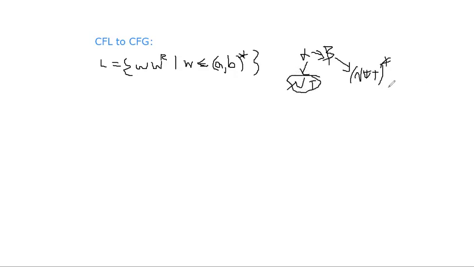Starting symbol... On the right side, each and every rule should contain either terminals, or non-terminals, or a combination of terminals and non-terminals. In this way, we can construct a context-free grammar.